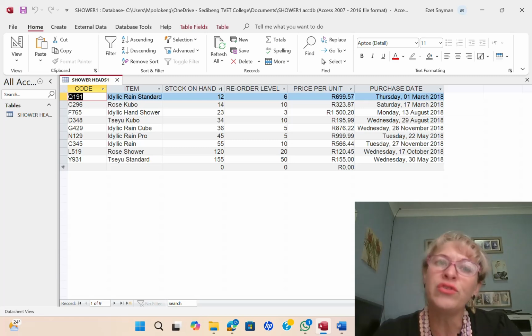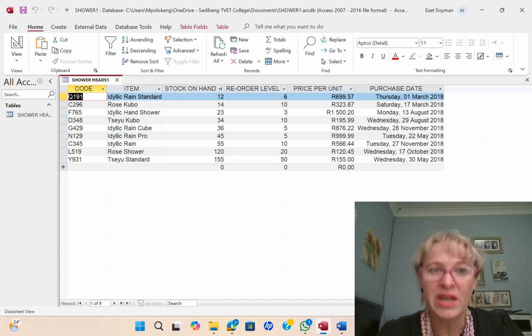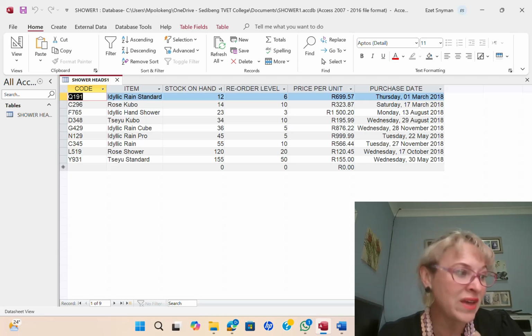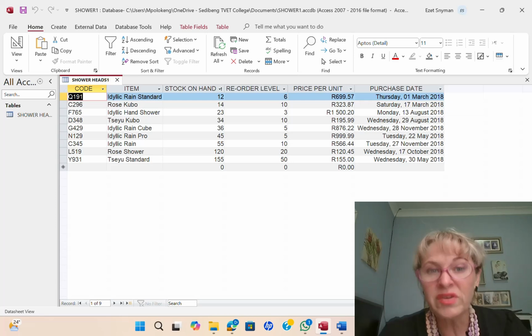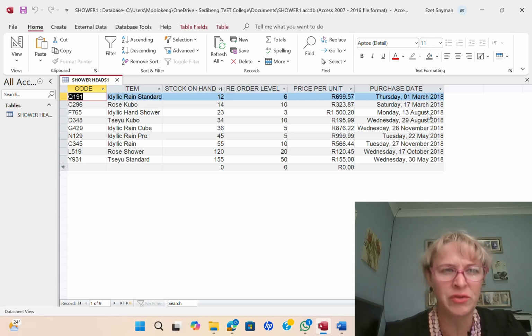Now, I want to caution you again. Please do not waste time on the query. Do it. Try it, run it. If it doesn't work, print it and move on. Because remember, the actual criteria question only counts 4 marks. And you can really get stuck on a query and you can waste a lot of time on a query. Rather spend that time that you are going to waste on a query on the report and the form, if there is a form. But anyway, I'm going to show you how to do that now.